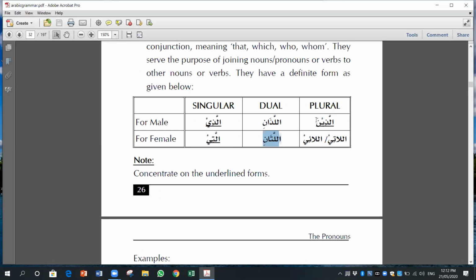And alladhi becomes alladhina, like mu'minina, muslimina, on the same pattern, alladhina. And allati becomes allati, and this also is not underlined, right? Even if it is plural, it is not underlined, because